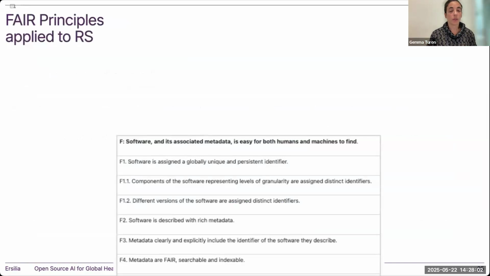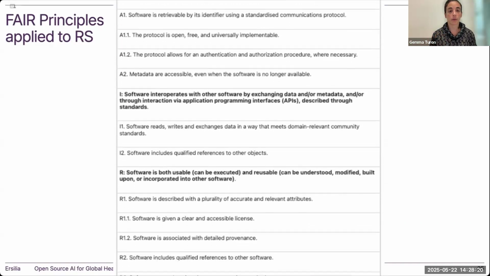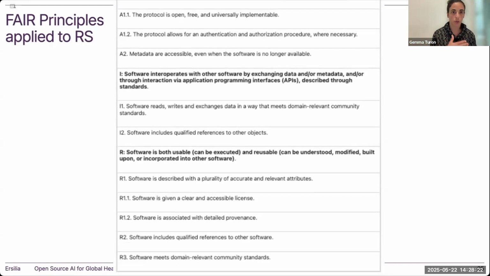So what are the FAIR principles when we apply them to research software? Well, findable, obviously the software and its associated metadata is easy to find, and there are a number of metrics or subtopics inside the findable part. Then accessible, so it's retrievable, and there are also a number of submetrics inside that.